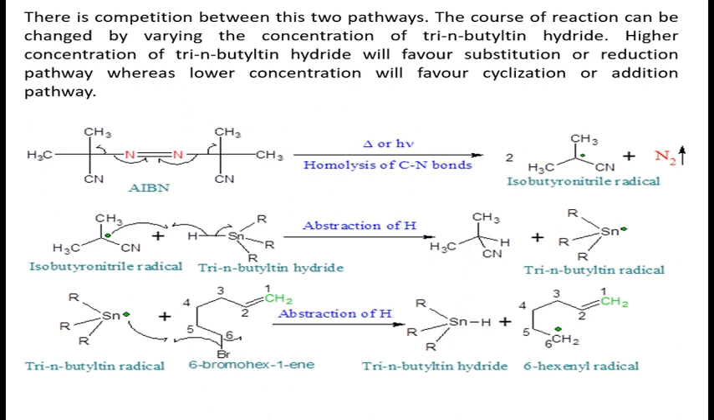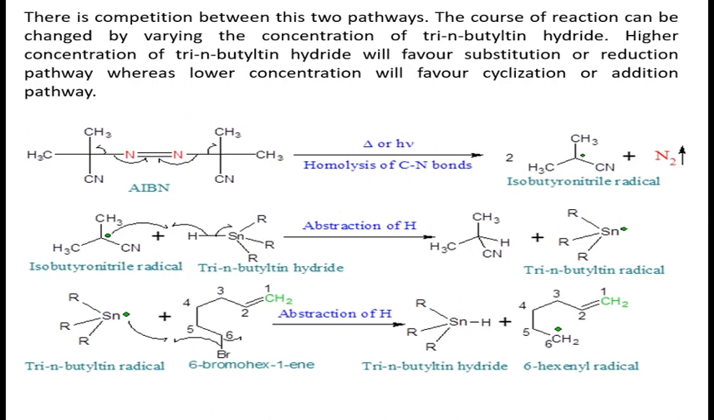AIBN, azobisisobutyronitrile, on heating or even irradiation of light, undergoes decomposition. Why does it undergo decomposition easily? Because there is a formation of N2, and N2 is the best leaving group in the world. The homolysis of both carbon-nitrogen bonds occurs here, and there is formation of two equivalents of isobutyronitrile radical. One equivalent of AIBN gives two equivalents of